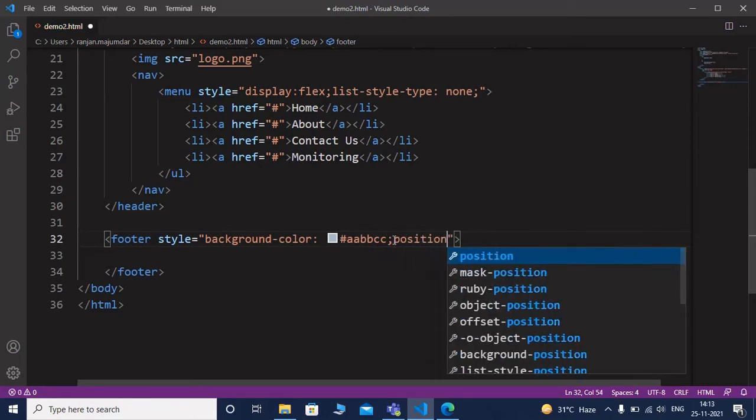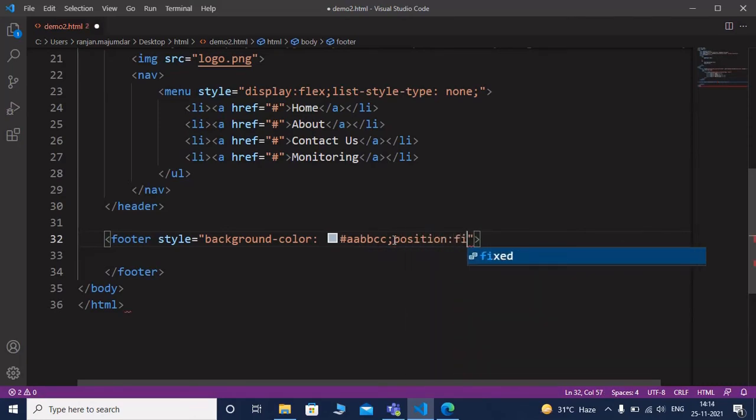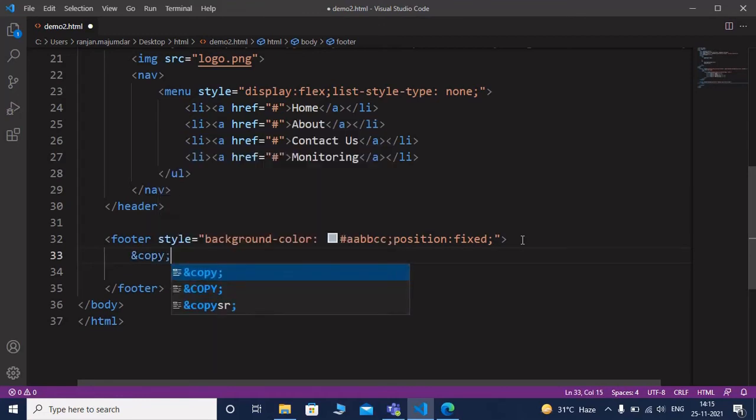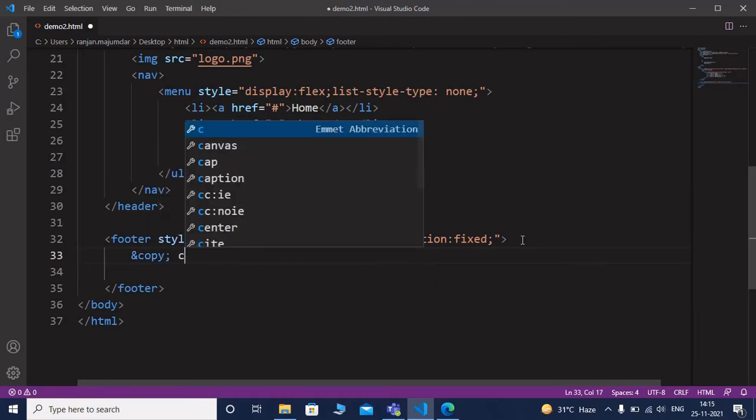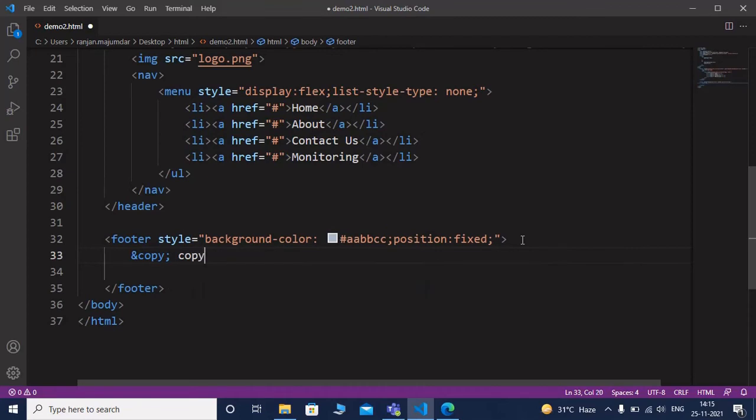Position: fixed. Here I am using &copy; copyright 2021, saving it and refreshing it.